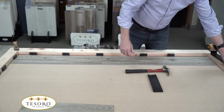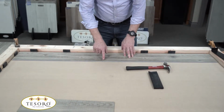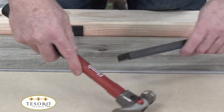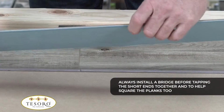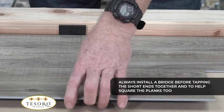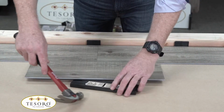The next thing I'm going to do is make sure that it's actually perfectly straight across here, and visually it might be just a little bit off. I can tap it with my tapping block, but a better solution is to use a bridge, and we want you to use this bridge all the time. This is just a cut piece that I've put in place. As you can see, it's not laying flat. But if I just give it a little bit of a tap,